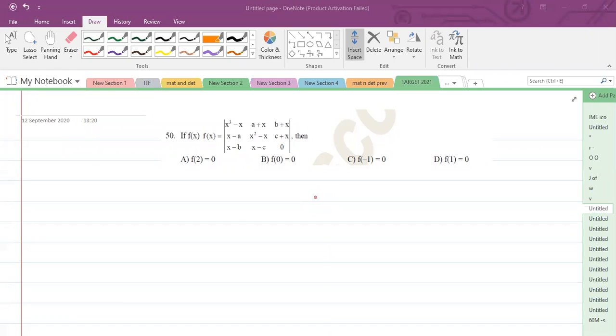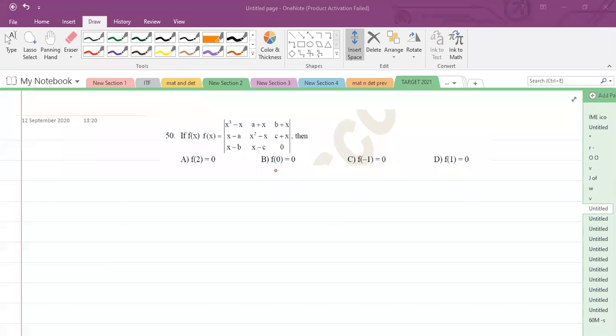So here they have mentioned a few values. Yes, option B is right. Yeah, correct. But for almost all the problems on determinants, I will not go for the actual expansion. If you move into actual expansion, you will be dead in this problem itself. X cube minus x into x square minus x into 0 minus x minus c into c plus x. No, you cannot solve the problem.